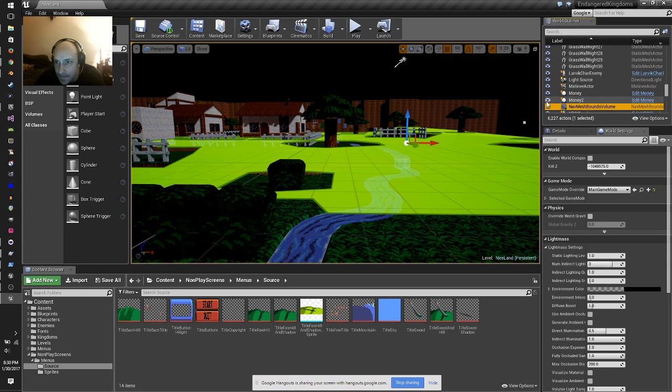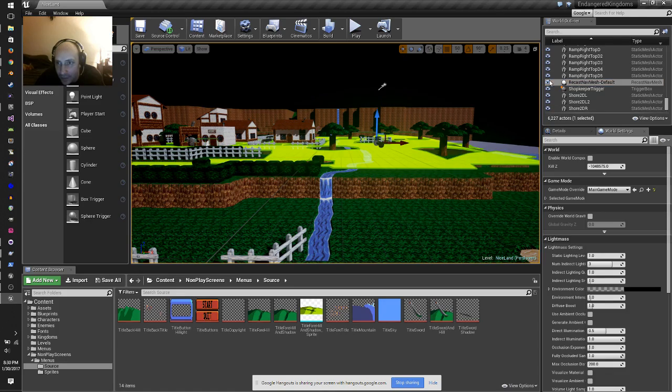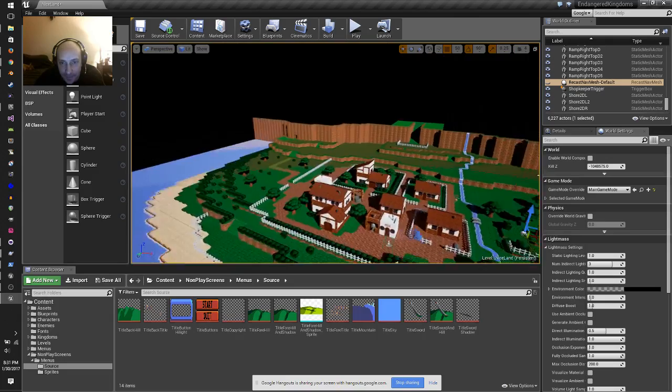Is it called AI or something like that? Large enemy. There's a button for it. For hide show nav mesh. There it is. Boop. Yeah. I found it. Okay. Nice.